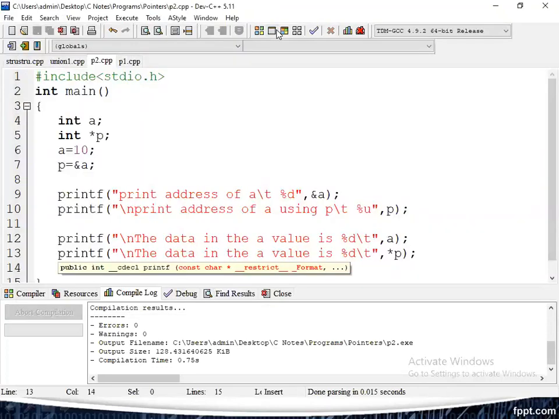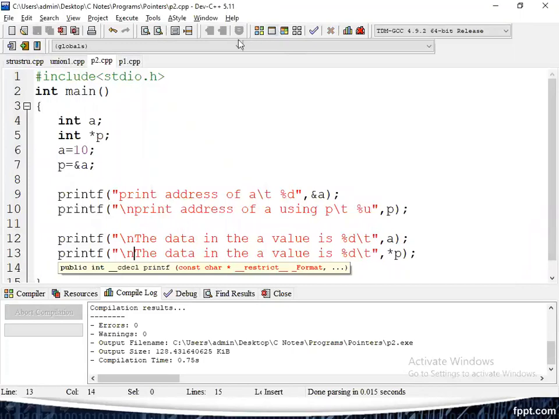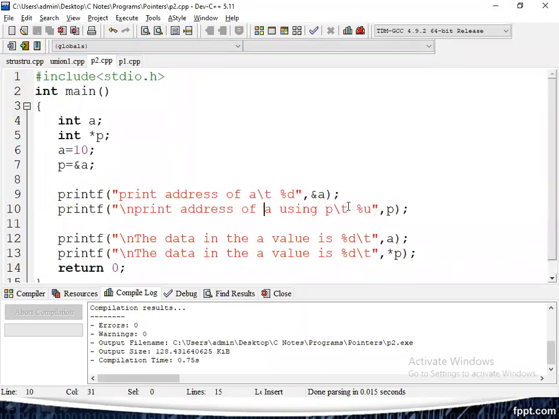We are getting the output properly. How? In this example, the address of a by using ampersand a. Next, the same address of a by using p. What is p? P equal to ampersand of a. Next, the value of a printed directly. Next, the value of a by using p. What is p? P is a pointer.